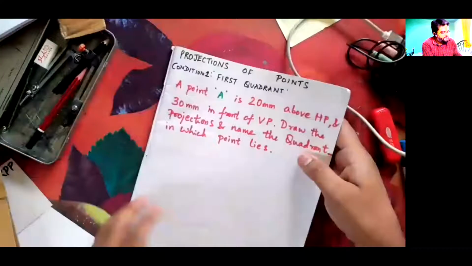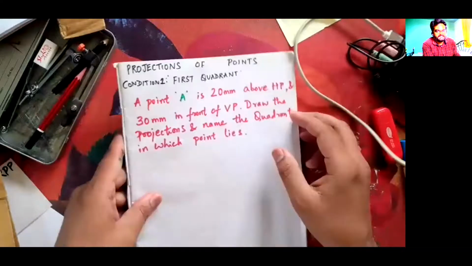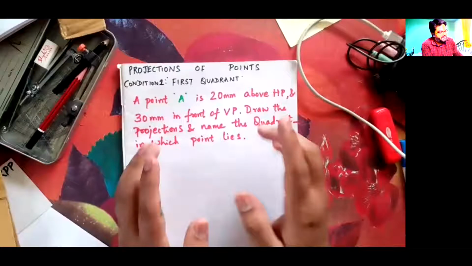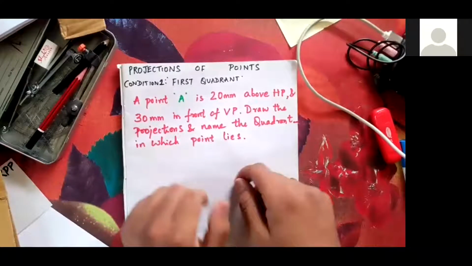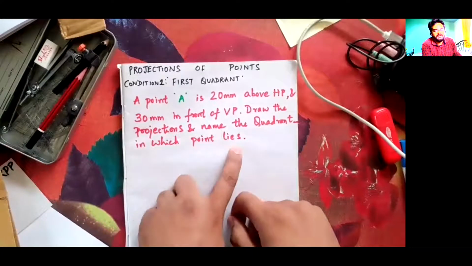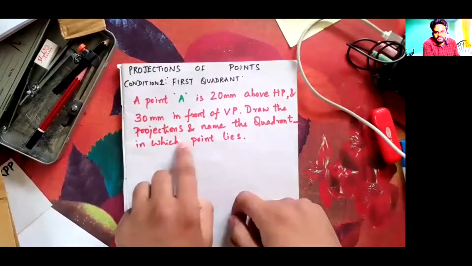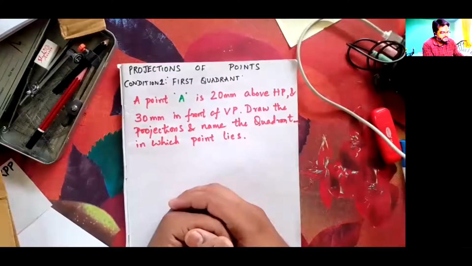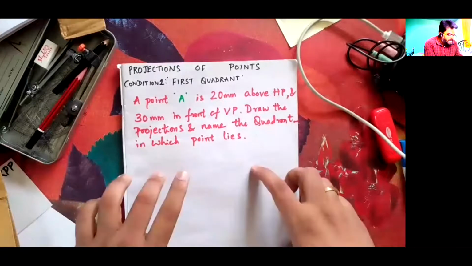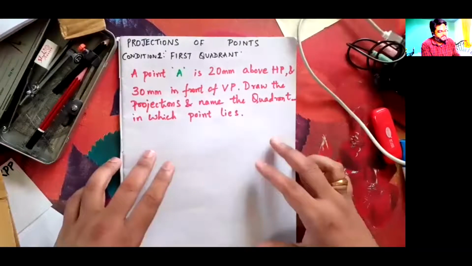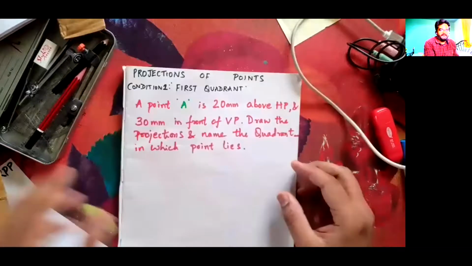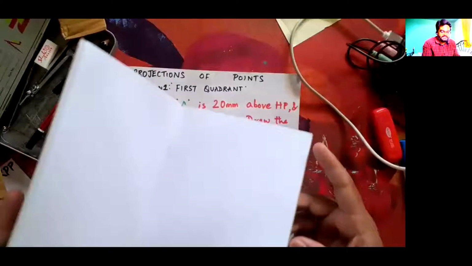So you have to draw the projections, which means it is orthographic projection only, and name the quadrant in which the point lies. Where is this point lying? I have to name this quadrant. Directly, we know that it is in first quadrant. Yes or no? So how to solve the problem? What is the answer that you are going to draw in the sketchbook or this unrolled book is very important. For that, I'll take an example like this. I'll take this unrolled book and represent this.